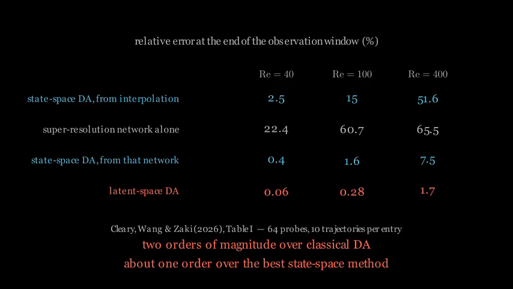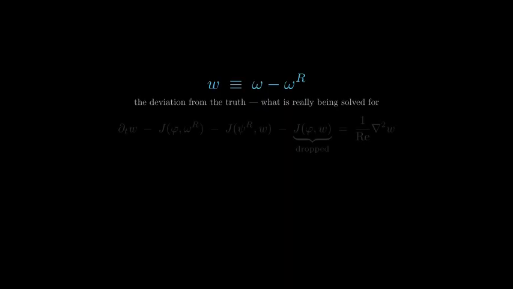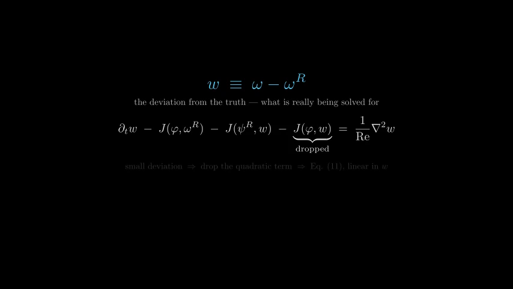There's a cleaner way to say what actually changed, and the paper gives it in its last section. It is about observability. Start by giving the thing being solved for a name. Let W be the deviation of the guess from the truth. Subtract the true trajectory from the guessed one, and almost everything cancels, but not quite everything. One term survives that is quadratic in the deviation, and the paper drops it. That is what makes this the linearized Navier-Stokes equation rather than an exact one, and it is worth being straight about. Everything that follows is exact for this linear problem, and an approximation to the real one, good while the deviation is small.